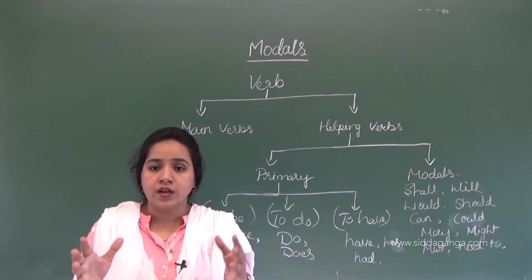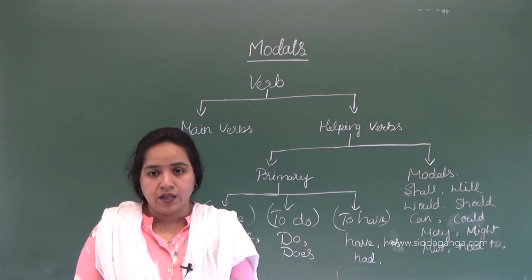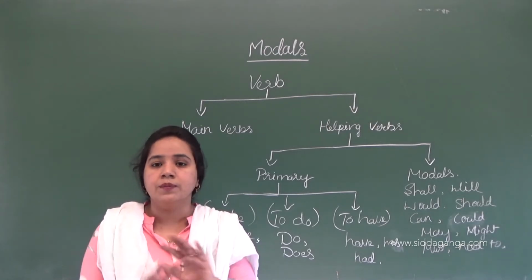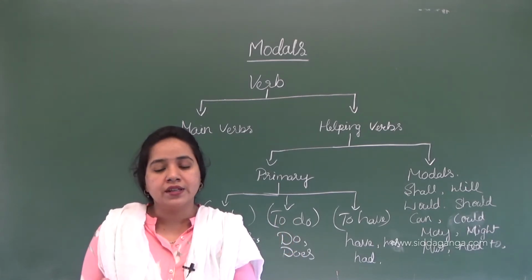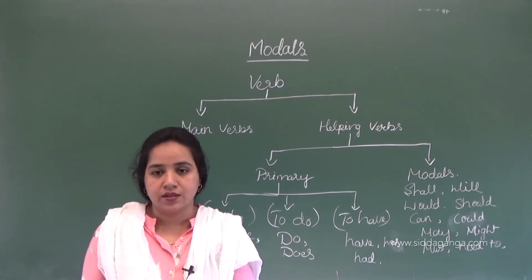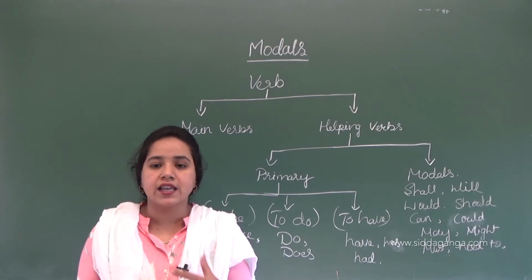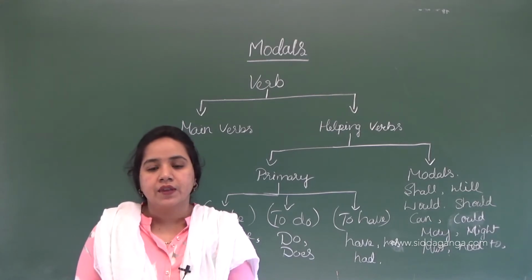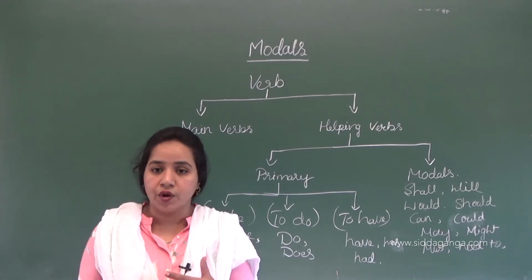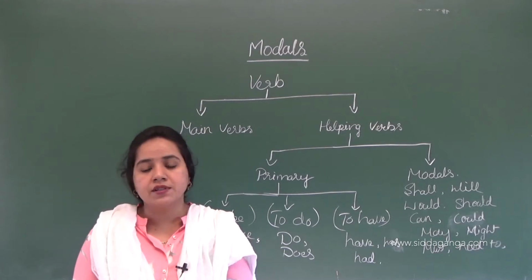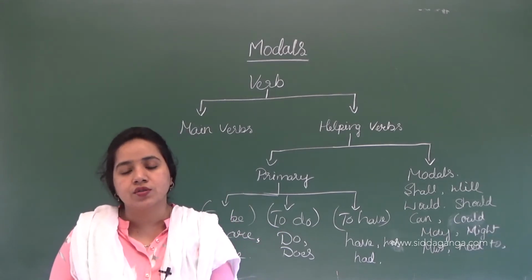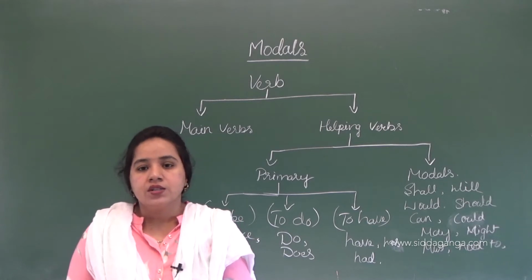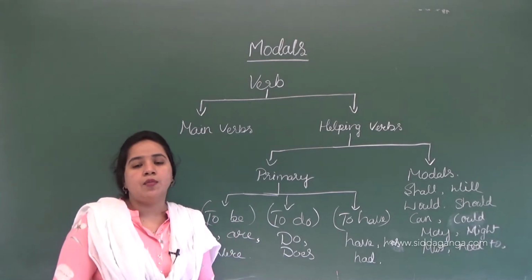You know, there are two kinds of verbs. In the parts of speech we have the verb. So, what is a verb? A verb means action words, like playing, singing, dancing, eating, reading. These are called verbs. But the verbs are again divided into two, that is primary verbs and helping verbs. Here I have written the diagram about the verbs.